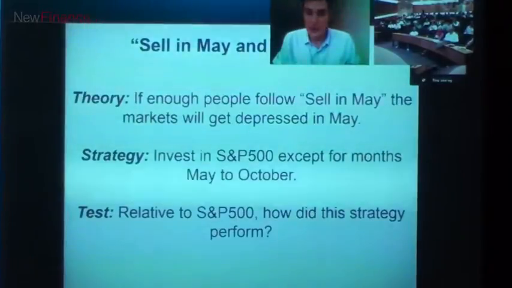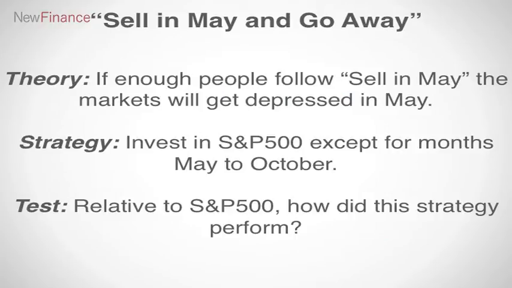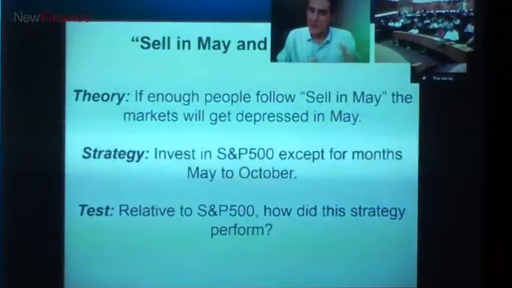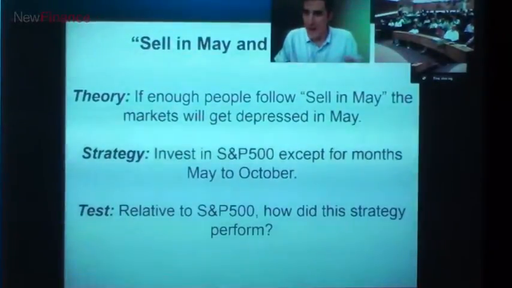So I wanted to demonstrate this with the classic that I'm sure you've all heard of, the sell in May and go away. And that theory by itself has no basis in reality. Maybe it's the bad weather, maybe who knows, but it's such a weak idea that you can't really base it in reality. So instead I thought that if we want to develop a theory on this, it would be that if enough people follow the sell in May theory, a lot of people sell off their portfolios, and that causes the market to get broken.